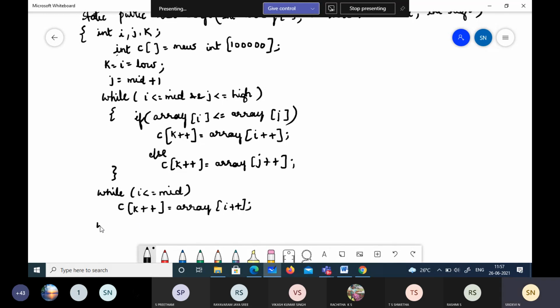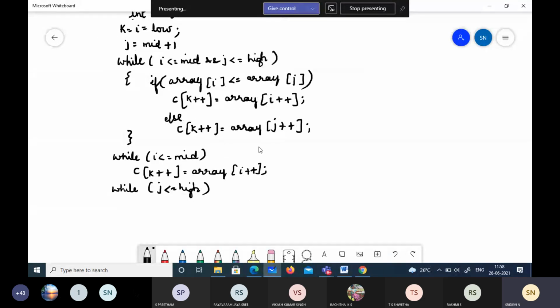In case there are elements in the right array, copy them. Either this or that, depends on the type of elements you have got. So just array of j, j++.